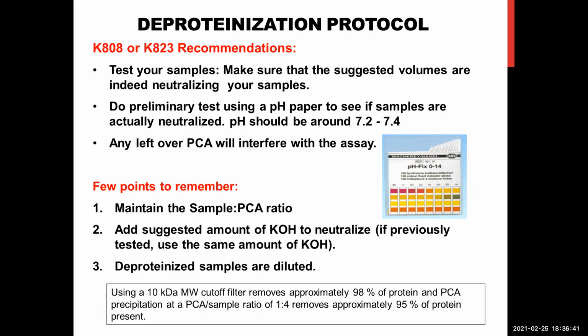because any leftover PCA can interfere with the assay. So this is a strong recommendation from our side. If you do the acid deproteinization using K808 or K823, then we would recommend doing a preliminary test to make sure the samples are indeed neutralized. Also, if the sample volume is not what is recommended in the protocol, then